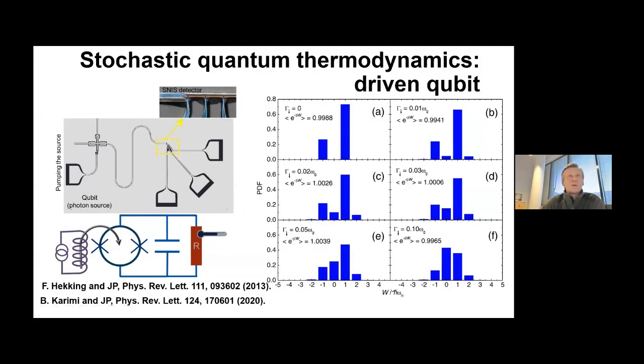So if this will work, I mean, it's still a work in progress. This will, of course, open a lot of opportunities of doing stochastic thermodynamics for a purely quantum system. So our goal is naturally that we start to drive these qubits. We measure the temperature traces of these